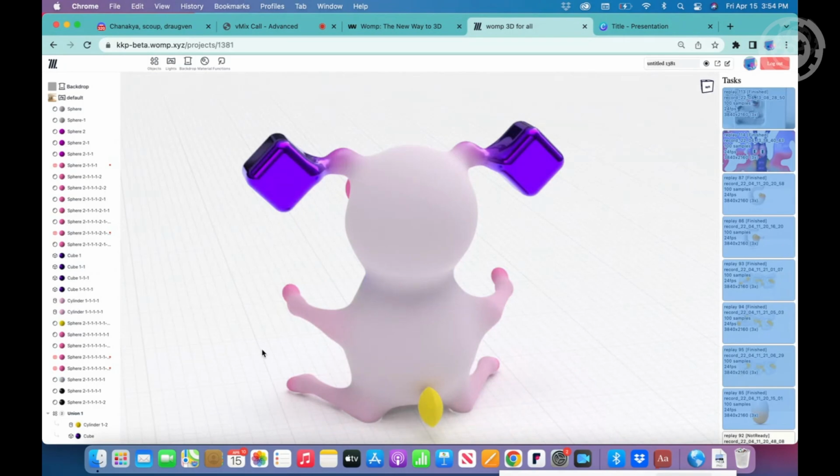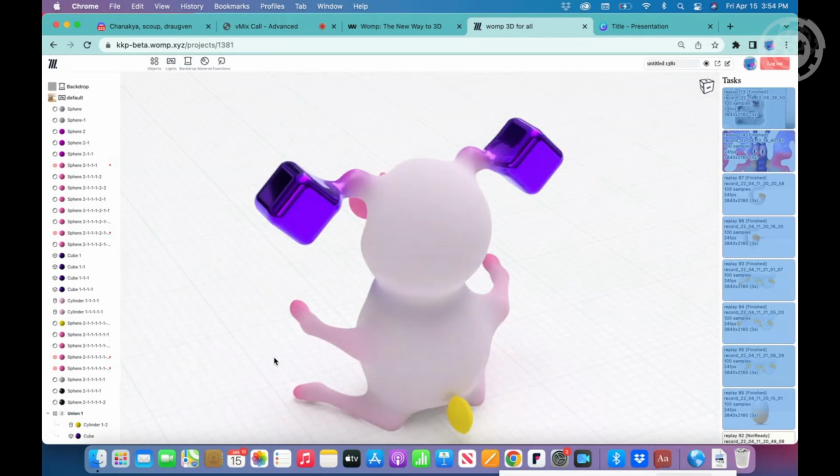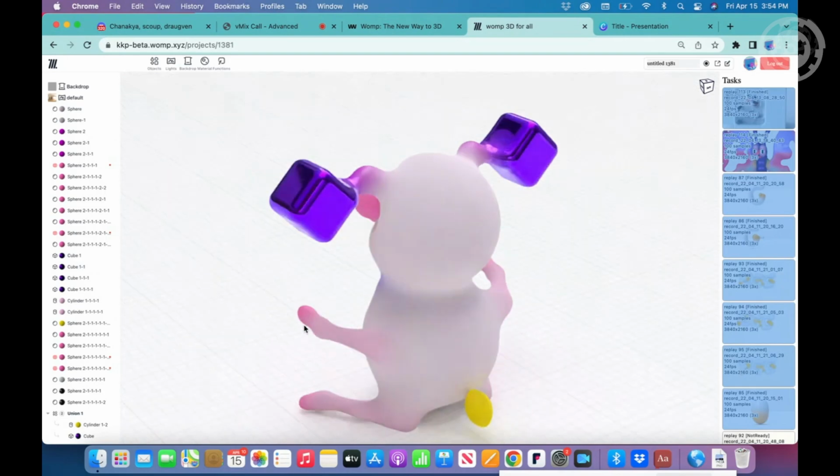We obviously have a subscription that will allow you to pay for 4K or high resolution rendering, video and things like that. We also offer high resolution rendering for free, but if you want to subscribe and get a really good render,